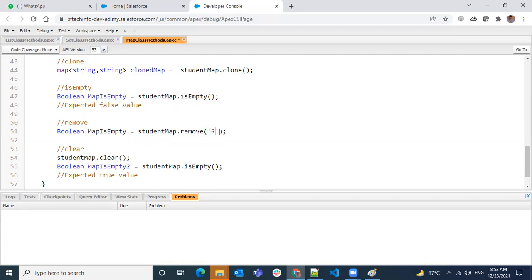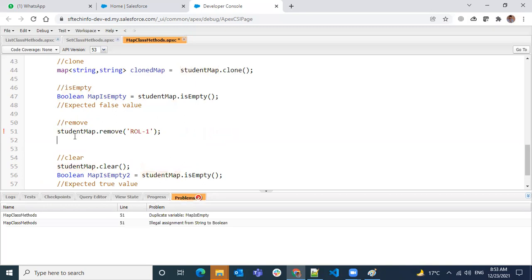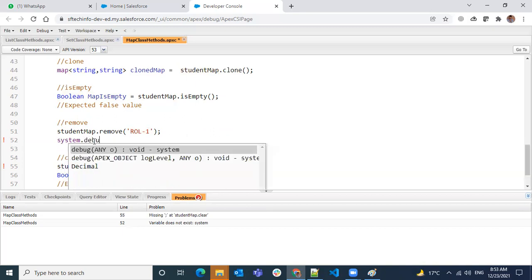Let's say I have roll number 1 that I want to remove, then there is no return type for this one. It will remove the entry having the key roll 1, the key value pair will be removed.